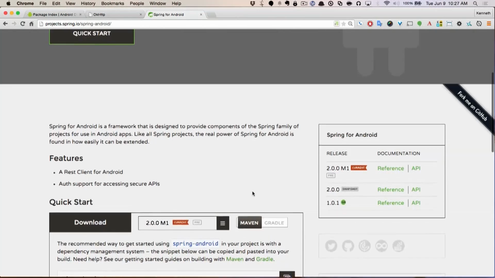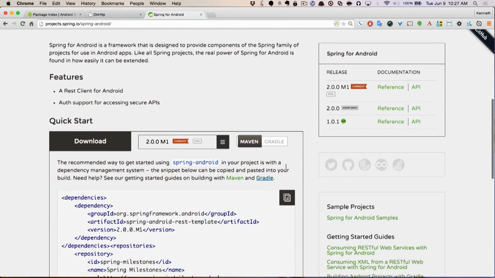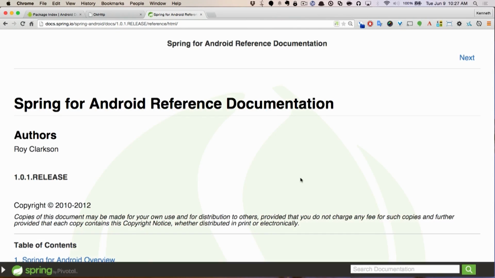The Spring framework is probably one of the most common, most frequently used open source projects in the Java ecosystem. And it is used for dependency injection and managing beans and all that kind of stuff. But Spring for Android is actually much, much simpler than that. If I look at the documentation, and I'm going to look at the release version, this 1.0.1 release reference here, then they point out